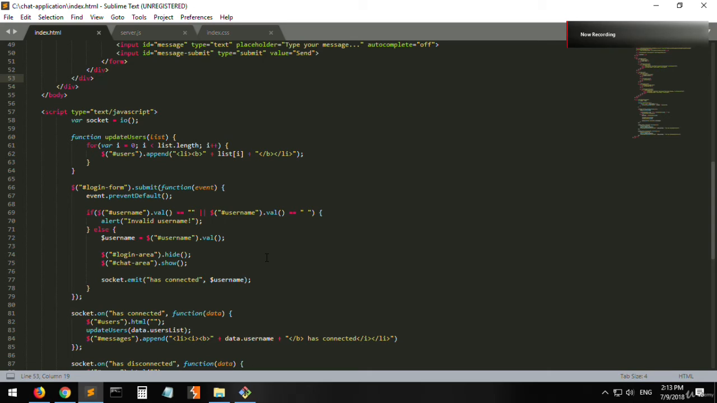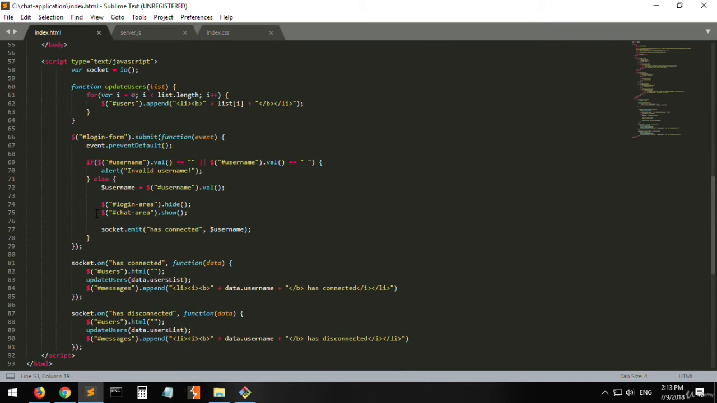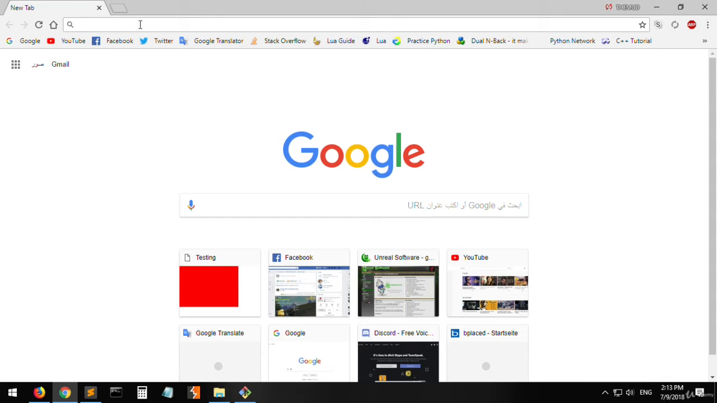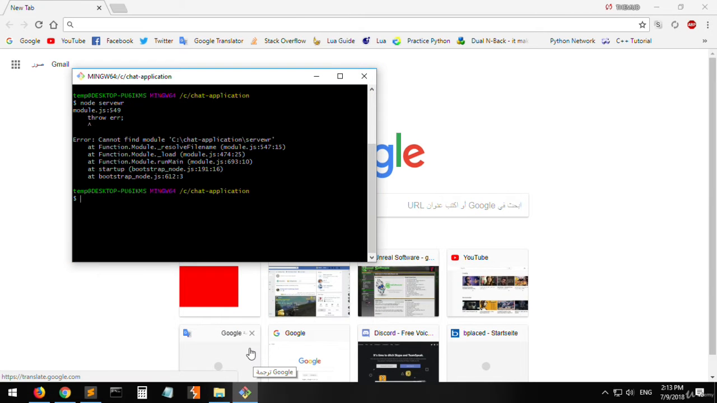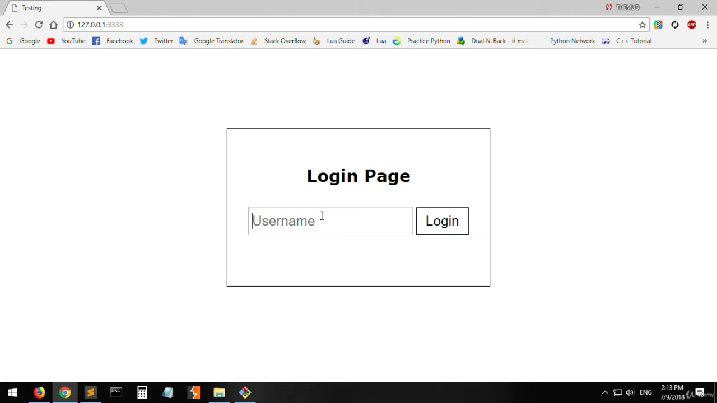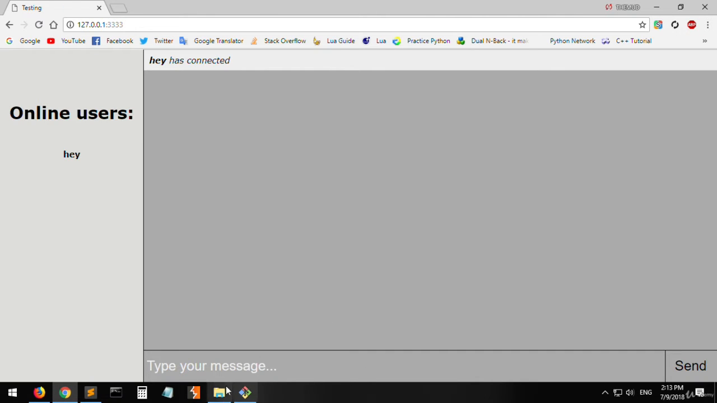Guys, today we will be adding the ability to append messages to the chat that we have created. Okay? So in order to do that, let's first run the server. Node server. Okay. So basically, we want, when we write something like hello, we want it to be displayed right here underneath the